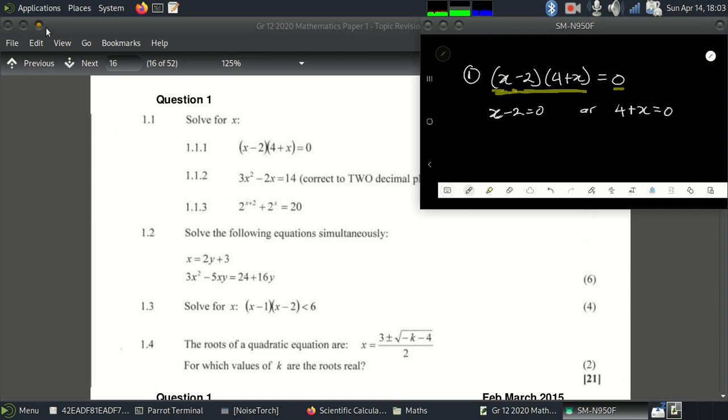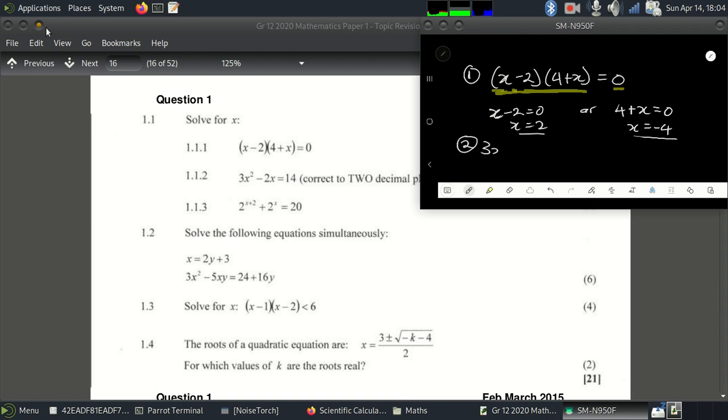And then I can solve for x individually. So this side x will be equal to 2, and this side x will be equal to negative 4. This is obviously after performing a whole thing of transposing from one side to the other side and simplifying it like so. And there we go, we found our values of x, easy as pie. Second one